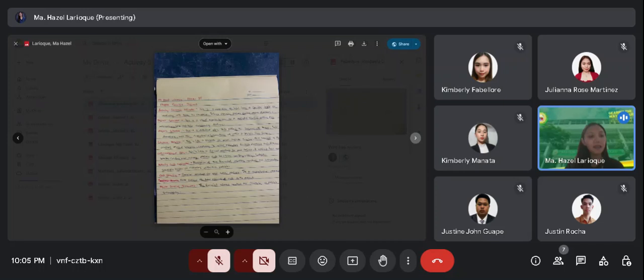For my part, activity duration estimate. This is a prediction of how long a specific task or activity will take to complete. It helps determine project timeline, resource allocation. Next is project calendar. This is a visual representation of a project timeline, outlining key milestones, tasks, and their corresponding deadlines.